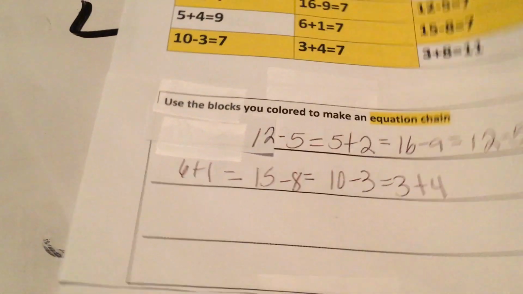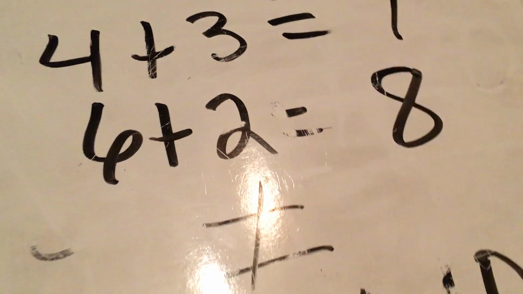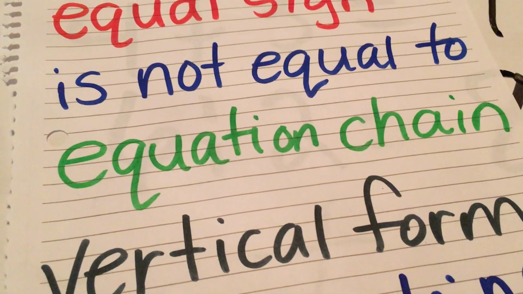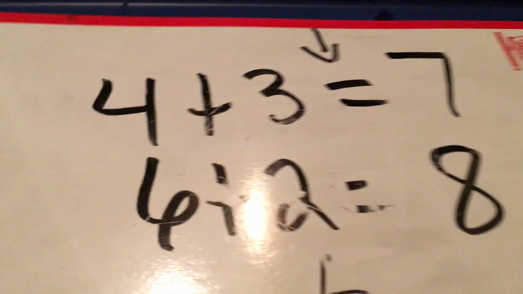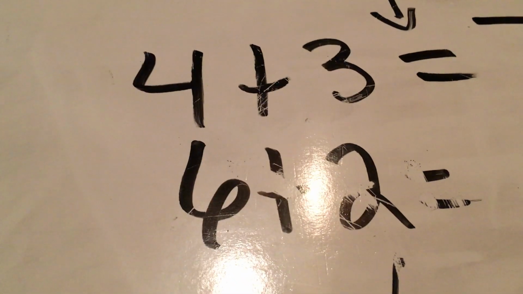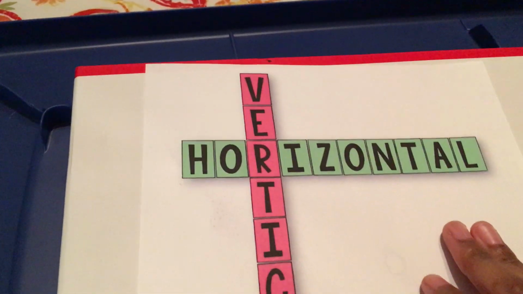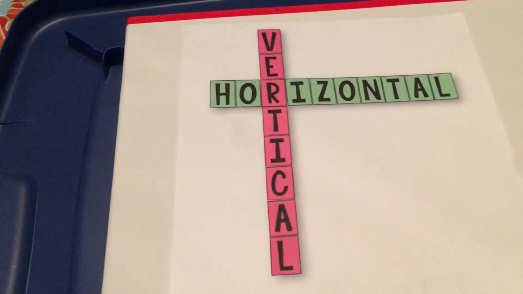Alright. So my next word is vertical form. In the black, vertical form. So to help us figure out what a vertical form is, I'm going to show you. Let's turn this over really quick. I'm going to show you an example or a chart to help you figure out the difference between vertical and